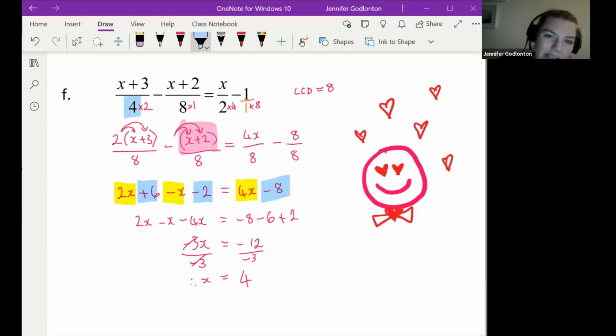So we just look at all of these numbers here. We've got 4, 8, and 2, and we look for the lowest common multiple of them. We basically say we want them all to be the same. How could we get them all to be the same? We could have 16, but then there's something we could do that's lower. So we just look at these, and if I was to write the multiples of them, I would have